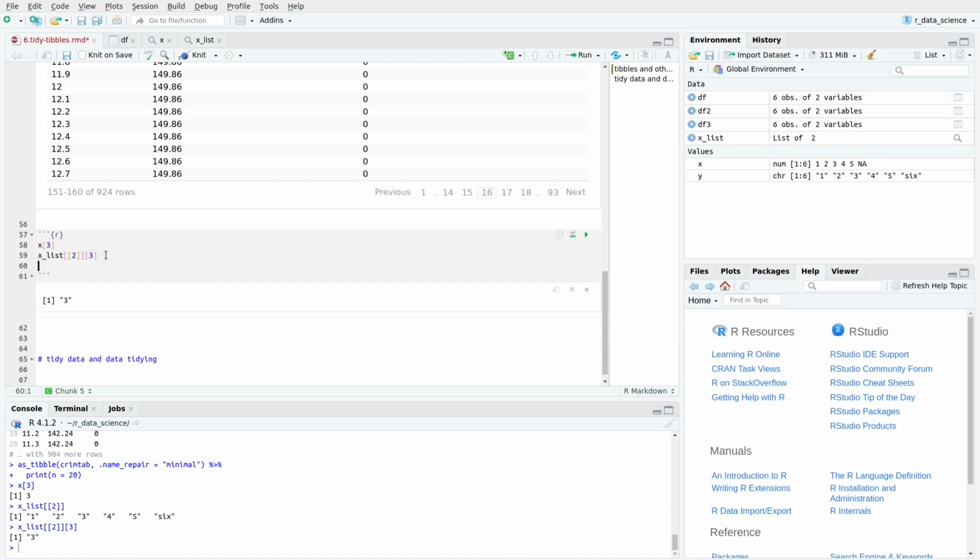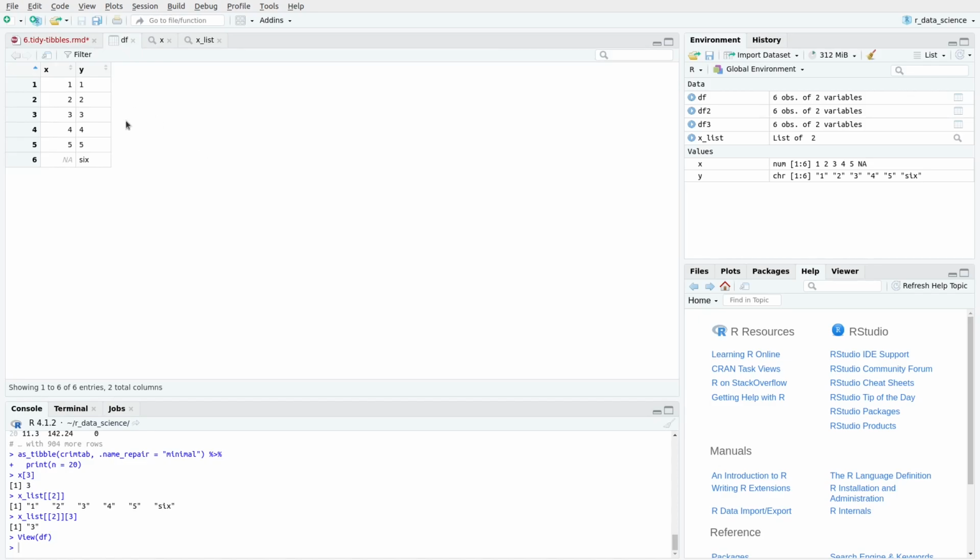Mostly we will be working with data frames, and this is mainly because the entire tidyverse is constructed around the idea of using data frames as input as well as output. But anyway, let's use the traditional way of subsetting a data frame and compare this to how you can do it in the tidyverse. So here again, you use square brackets, and when we look at this data frame now,